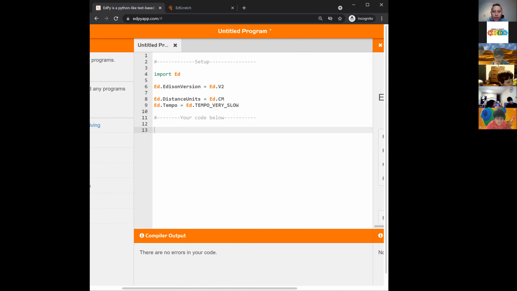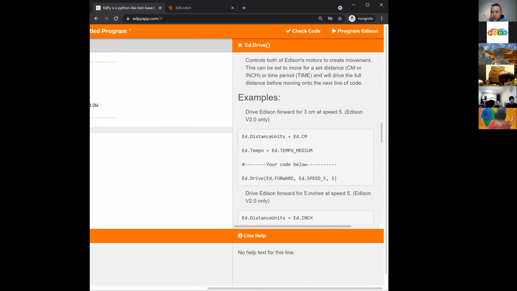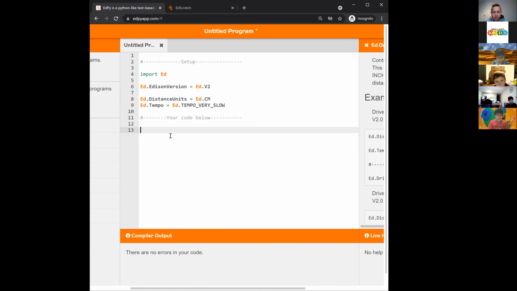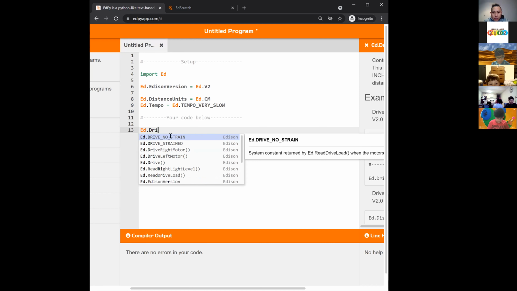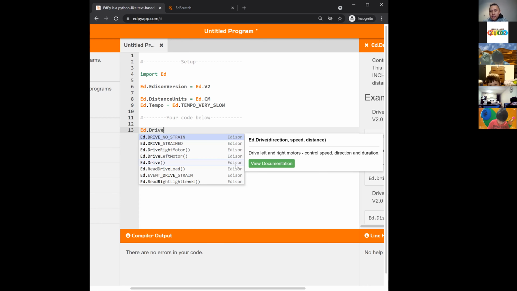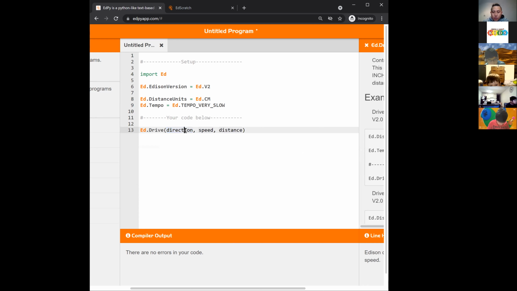So we are going to use EdDrive here. You can see it has the following parameters: direction, speed, and distance. So here we get to choose 3 parameters.